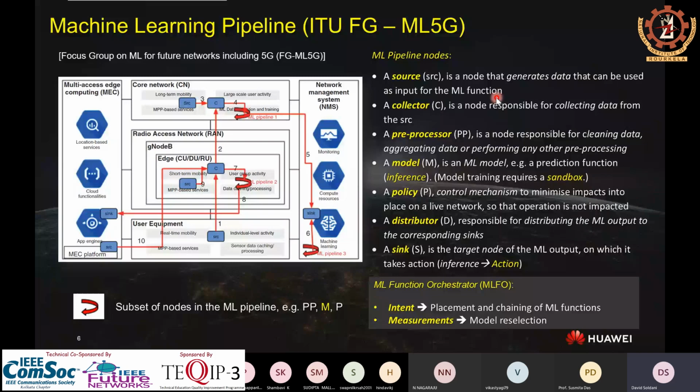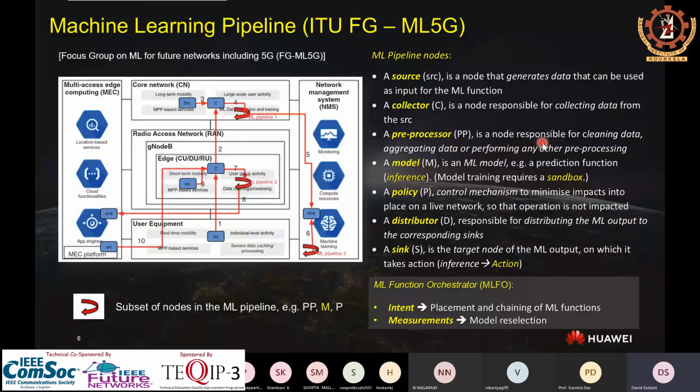So to introduce a source node, you see here in this case is just embedded into the mobile phone, which is the source because it's where data or performance indicators or KPIs are extracted. Then we have a collector where those data are collected, and they could come from a number of sources. Following the collector, we have a preprocessor. It is necessary to pre-process the data. You need to sanitize the data. Data are biased, so there are many things to be done, like cleaning or aggregating them before this data is